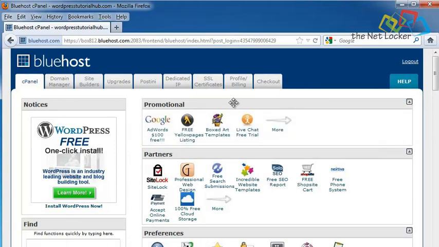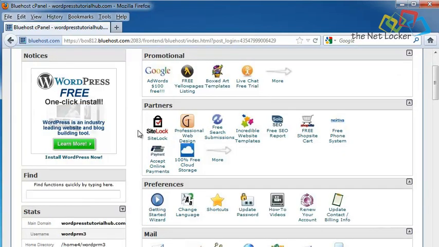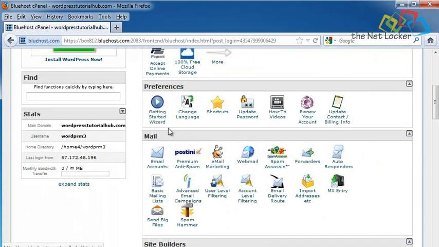So as you can see with the Bluehost cPanel, they've got their promotionals, which are usually different specials that you can get from their sponsors, including AdWords, Yellow Page listings, box art templates if you're not sure about your website and you want to use a template to build it up. It has partners, and these are different services that you can integrate into your website, including accepting online payments, cloud storage, which is basically having all of your information stored on a remote server,